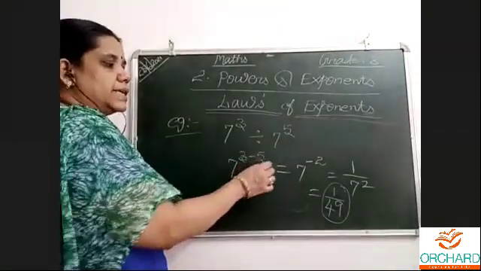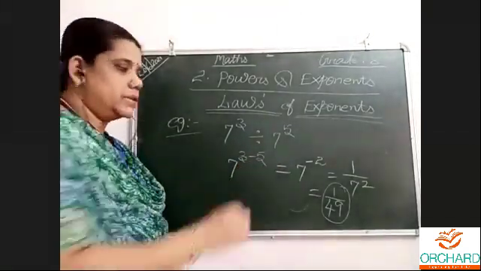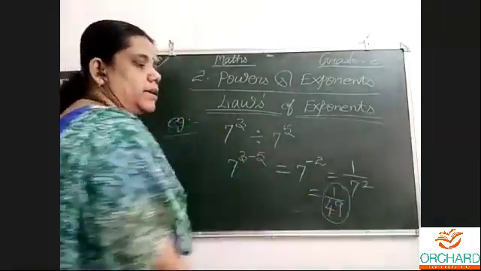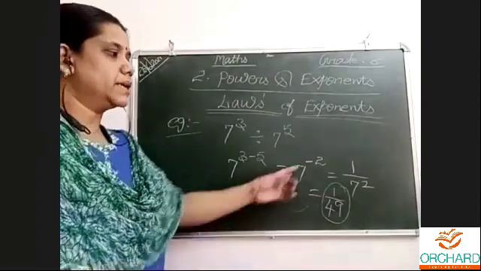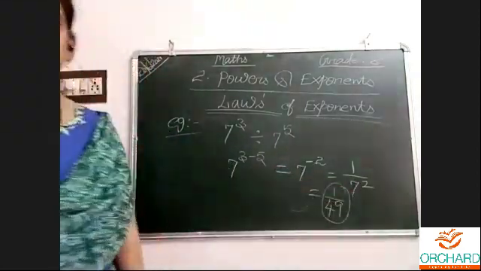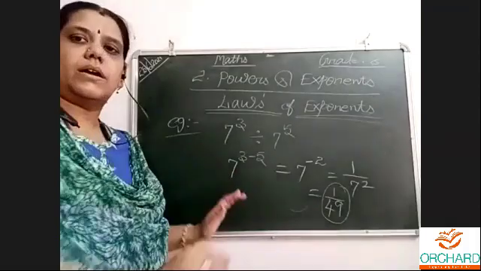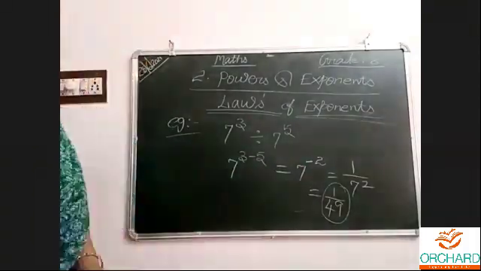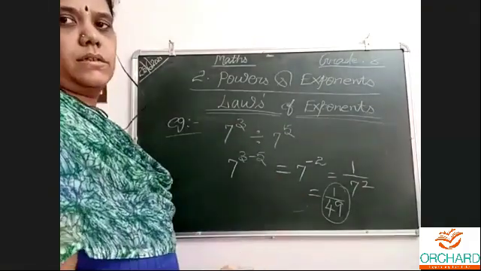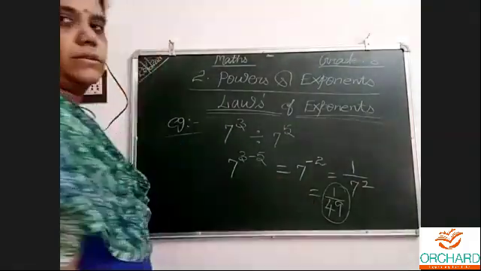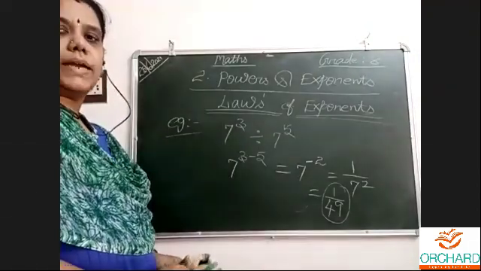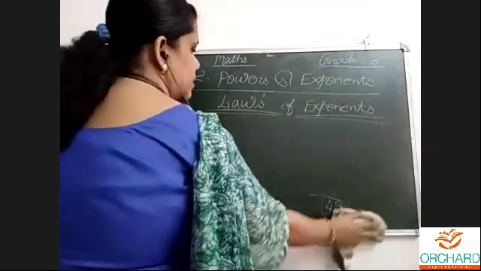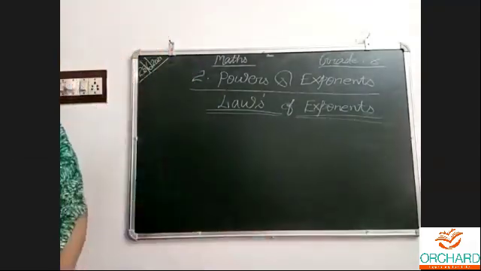Should not change 5 minus 3. Don't change it by yourself. It is 3 minus 5 only. Negative means it will come down and the power will become positive. We are talking about laws of exponents, for powers only we are talking. Okay? Yes. How will it come? The same like this only. 5 power minus 2 will come down and become positive. Same as this question only.